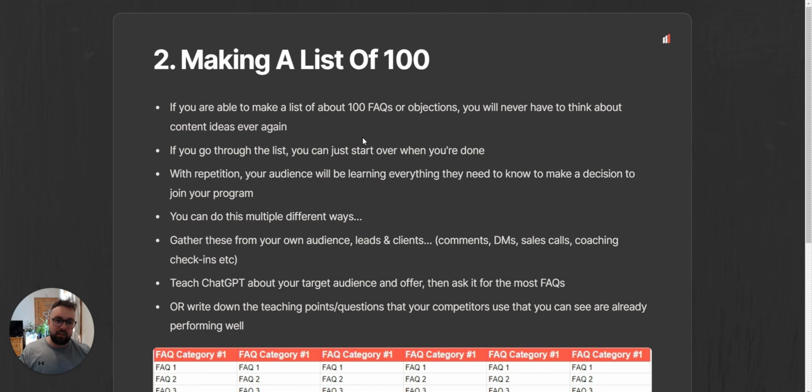Number two is making a list of 100 frequently asked questions or objections. If you do this, you'll never have to worry about content ideas ever again. When you go through this list, you can just start over when it's done. And with repetition, your audience will always be learning everything that they need to know to make a decision to join your program. It's almost like brainwashing in a way, right? You're eliminating limiting beliefs, objections, educating them, all to the point where they're nurtured over time and then they take